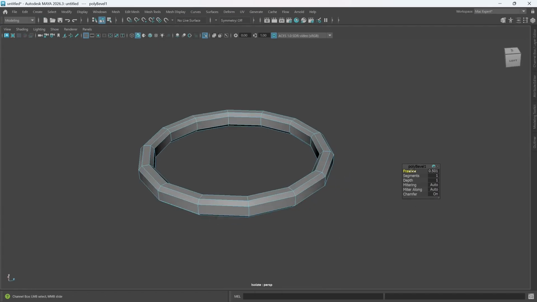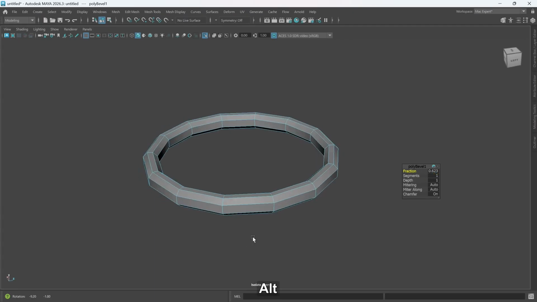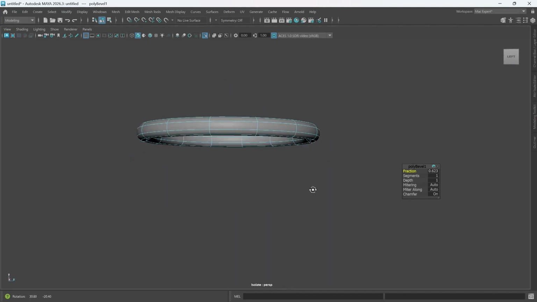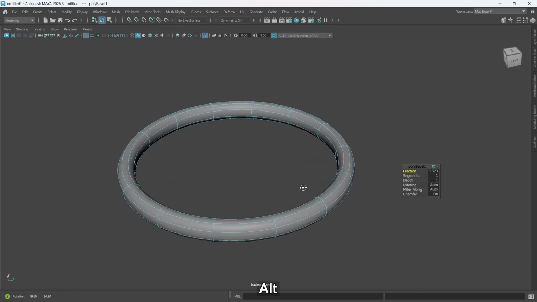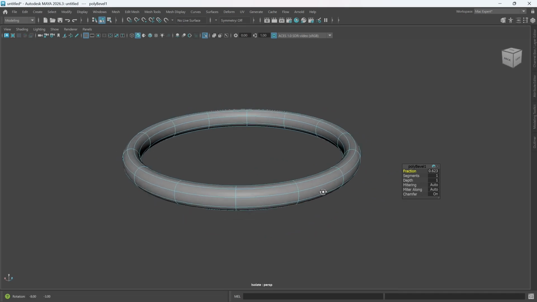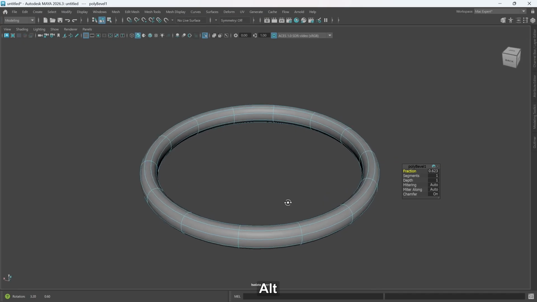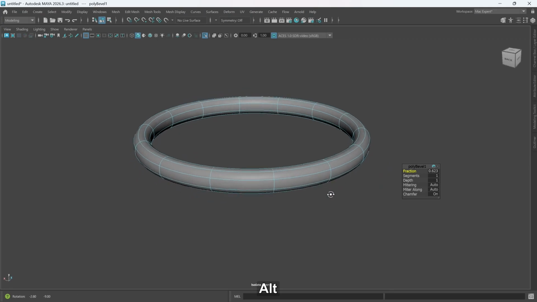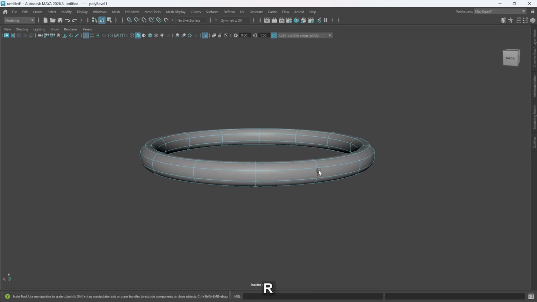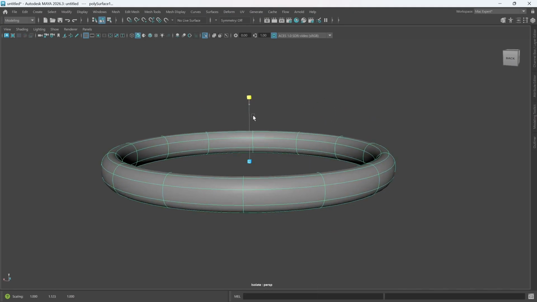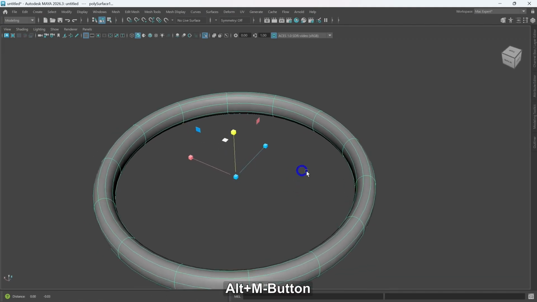Okay, now in the bevel, I can increase segment while increasing the fraction. I'll hit on 3 to go into the subdiv mode or the smooth preview, and now you can see that we have a nice ring. Not just a nice ring, it is curving very well and accurate, almost looking like a torus, which is really good. But I think this is a little bit smaller, so I will go into the edge mode and scale this up just like this, and maybe,